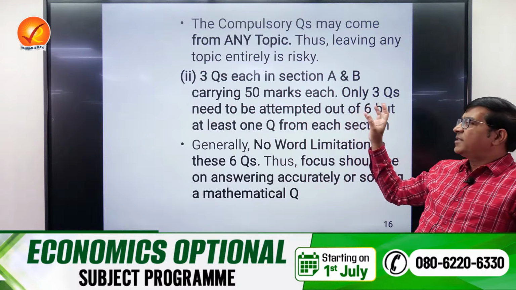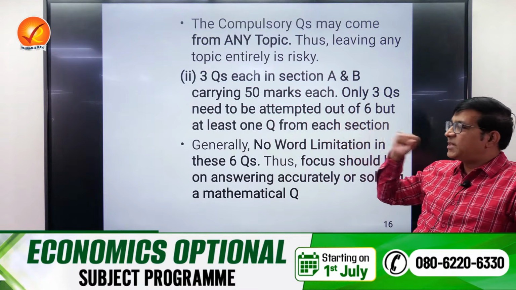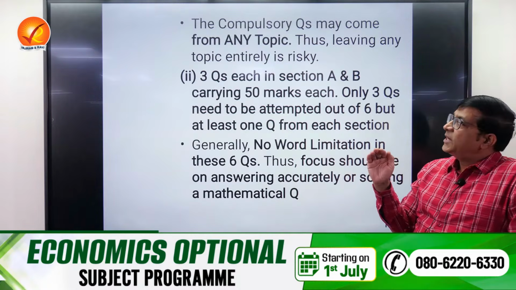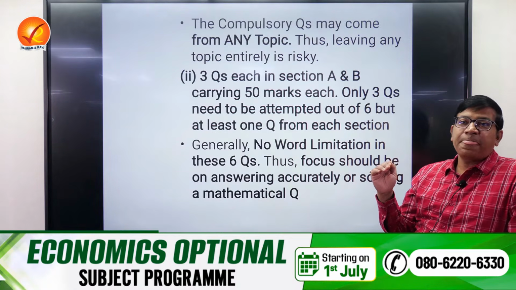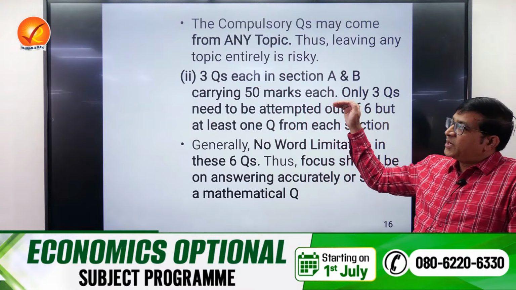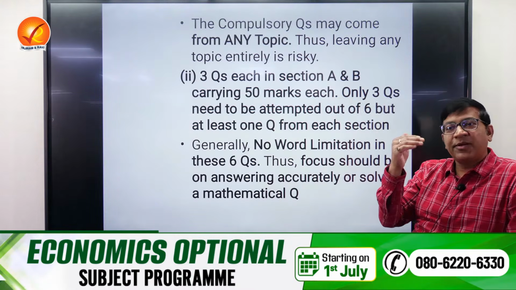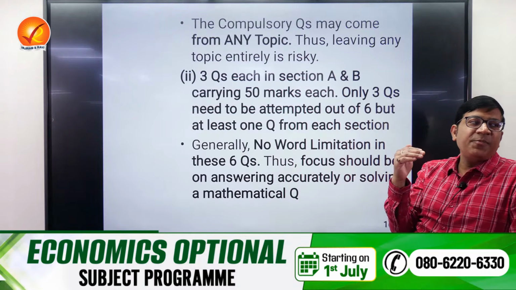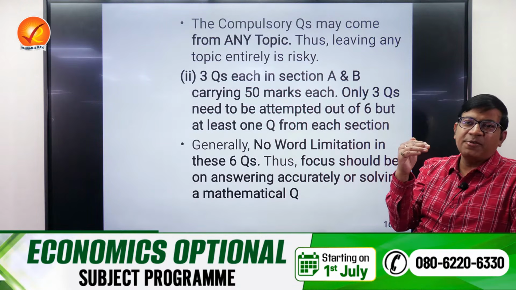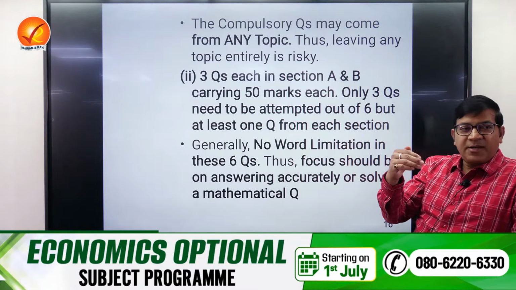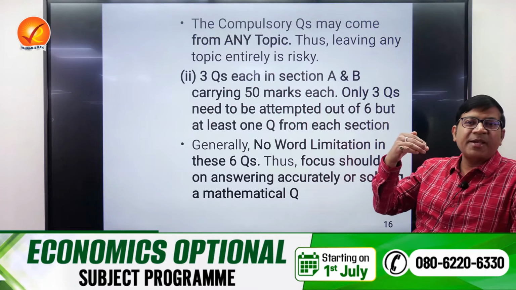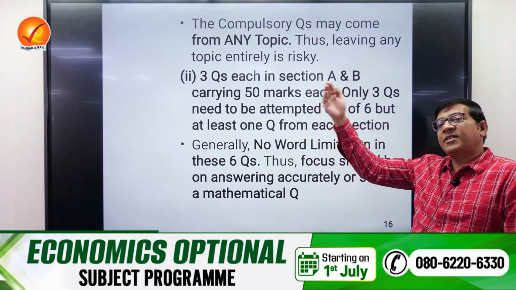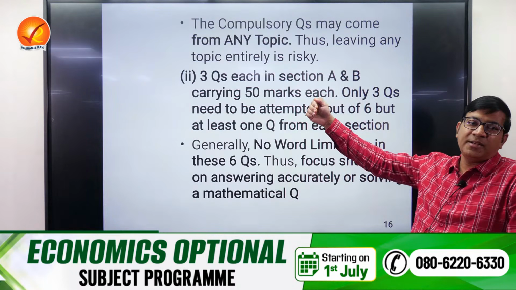Generally we have seen, again there is no hard and fast rule, that in section A of paper 1, the choice based questions are from micro and macro. In the compulsory one, they are more unpredictable, but mostly they will give micro, macro, money and banking. In the optional questions, they generally give micro, macro, money and banking, public finance and so on. And then in the second section, most of them are from international, growth and development.